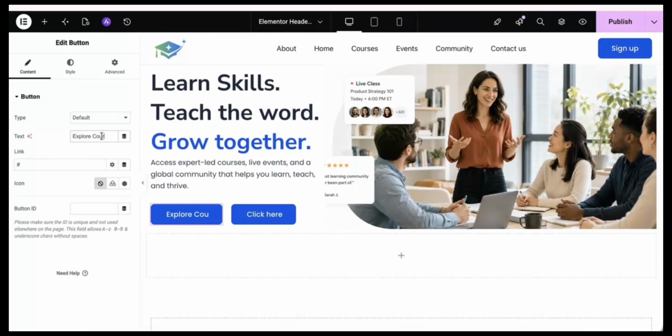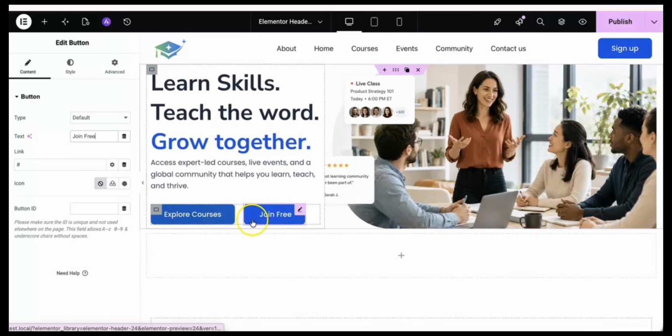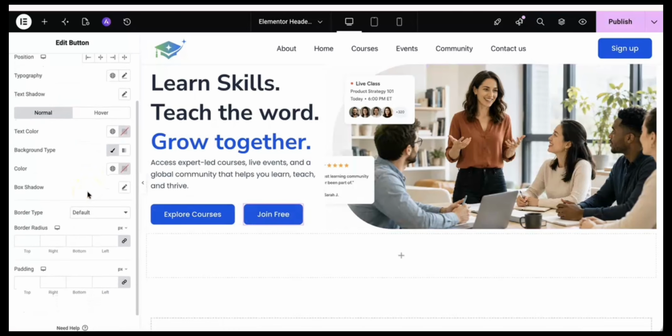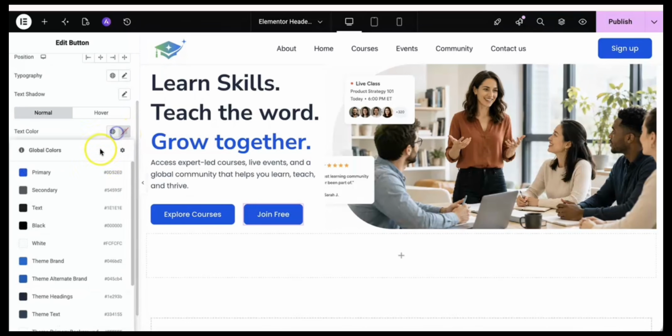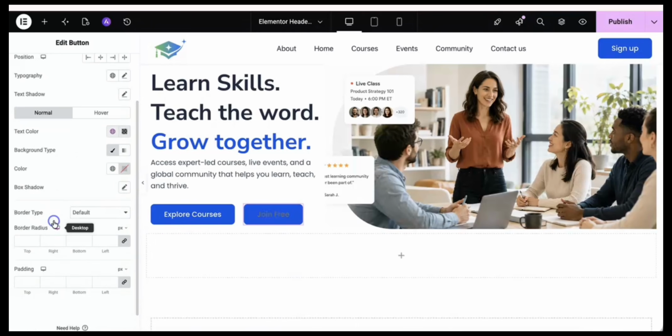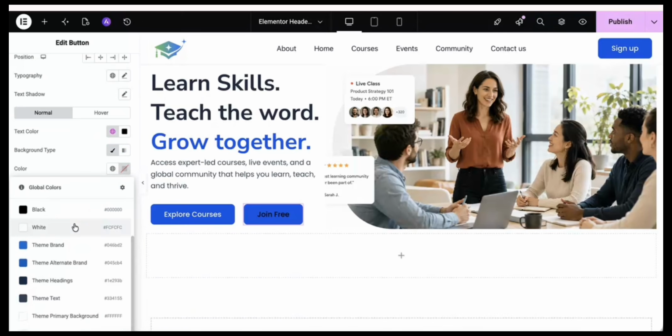Let's add the text first: Explore courses, and this button is for Join free. So these are the calls to action, but both the buttons have the same style. That's not looking good, so we will change the style of one button. Normal text color, we will make it jet black, and then in its background color we will make it white,